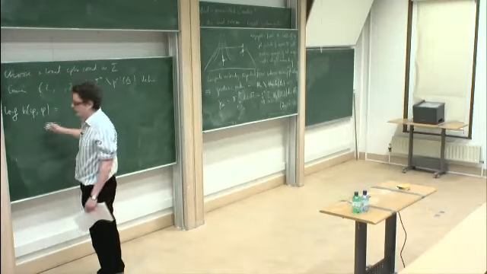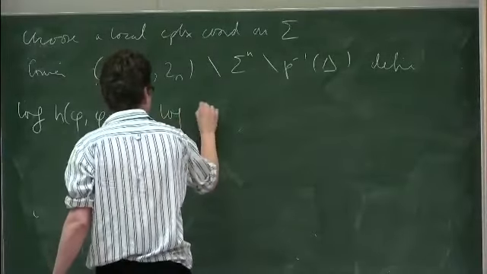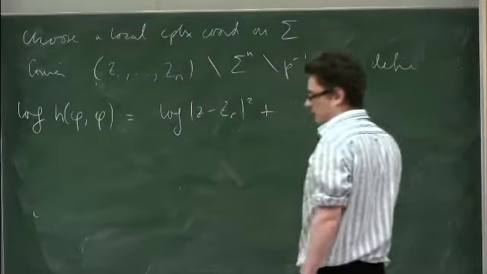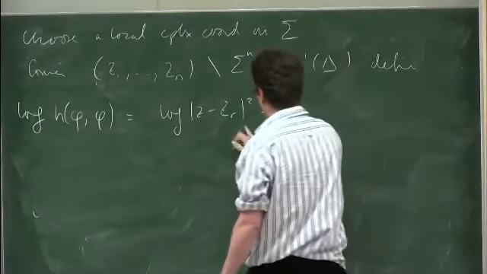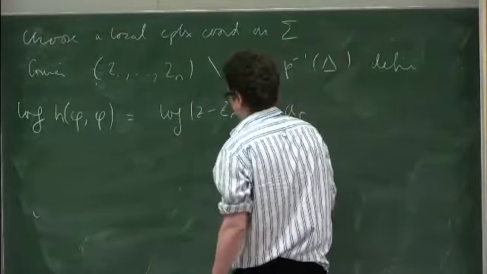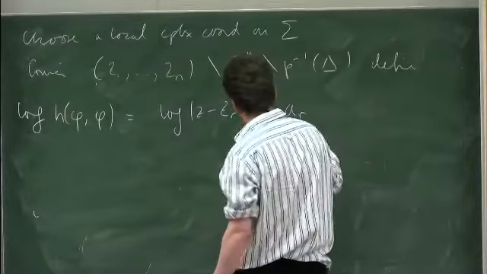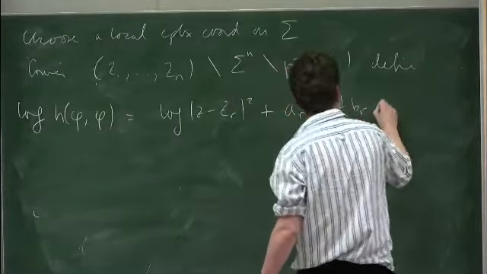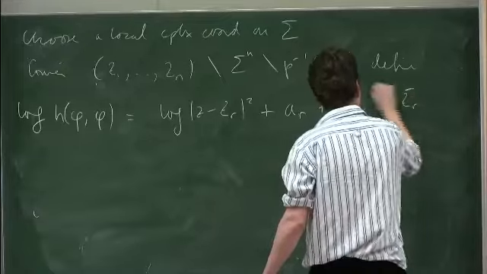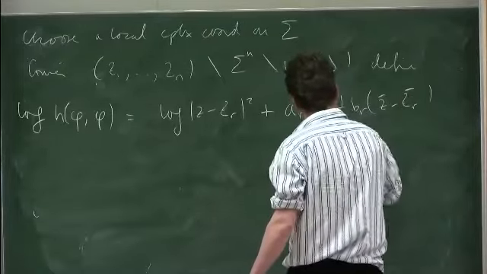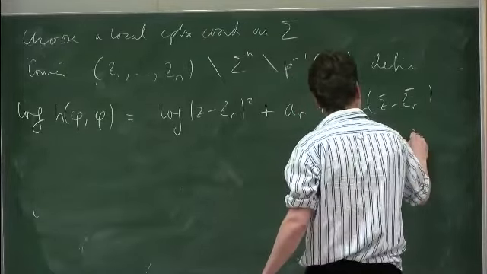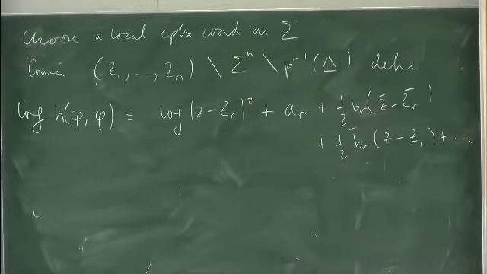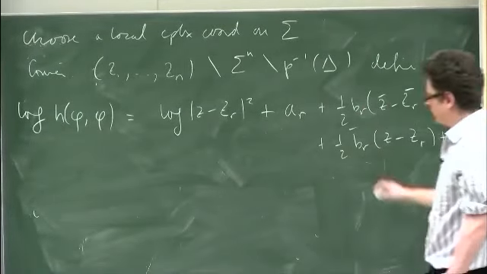power series expansion for that. So we have a logarithmic singularity to start off with, but then the rest of it is smooth, and we can do a Taylor expansion of it. Okay, so this is the expansion about z_r, so the coefficients will be associated to that. So in this way, I can define